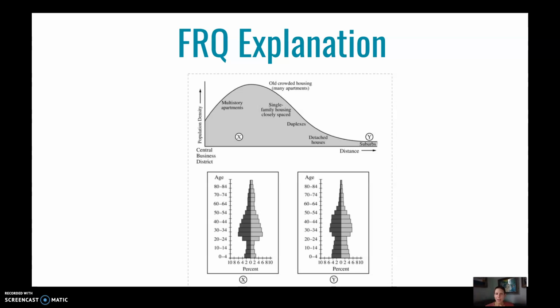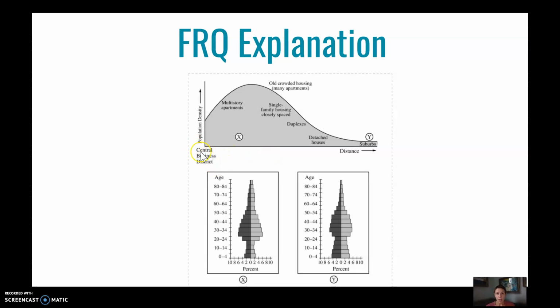Good morning. I am going to explain to you the answers to the FRQ that you guys completed today. You can see that it had some visuals to go along with the questions. One, this graph that kind of shows the population density the further away you get from the central business district,